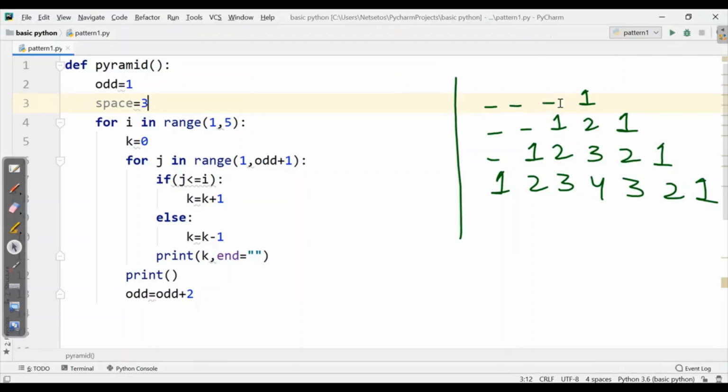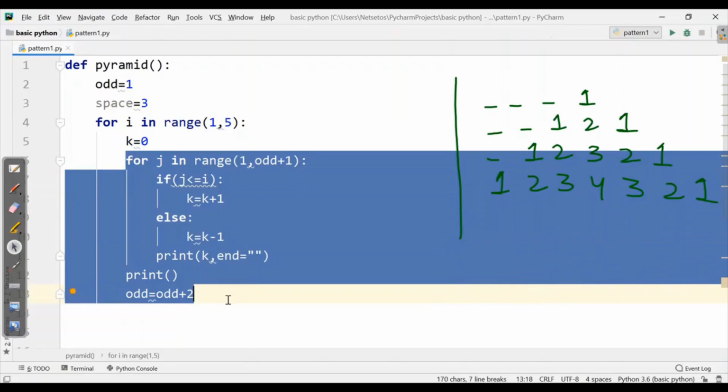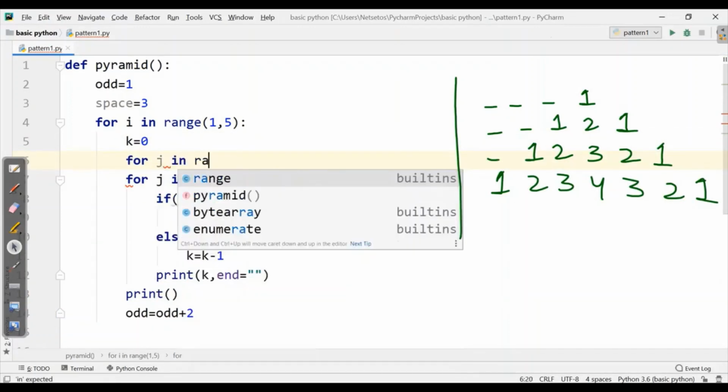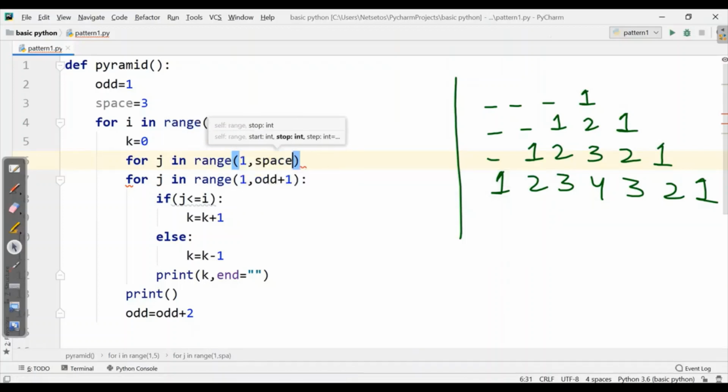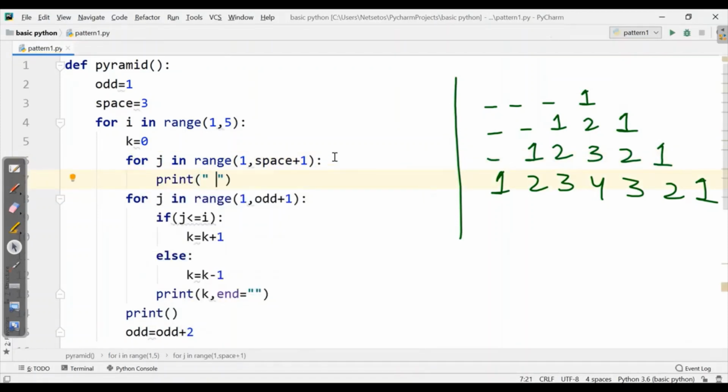And this we need before 1. So I'll write it before this entire for loop. So here I'll write for j in range from 1 to space. That means for Python, I'll write space plus 1 and then print space. So let's print it first.